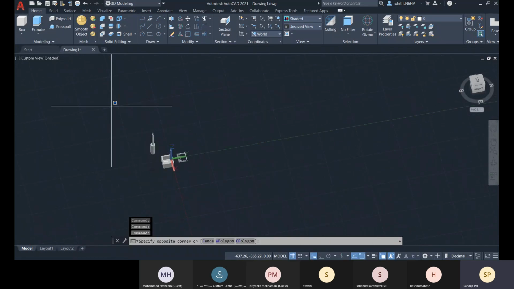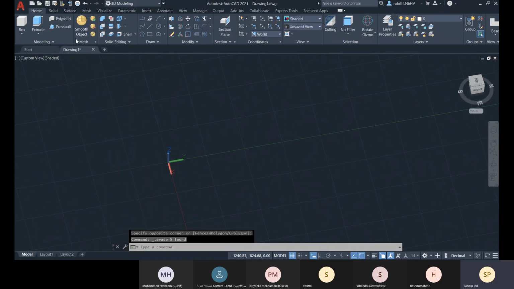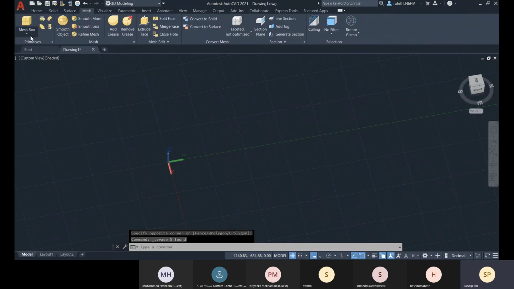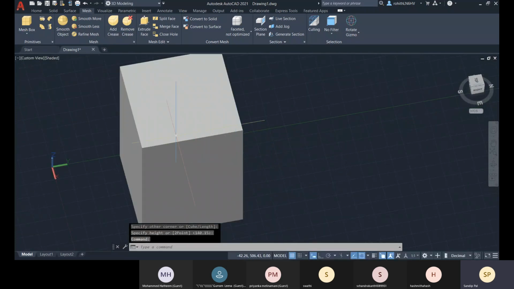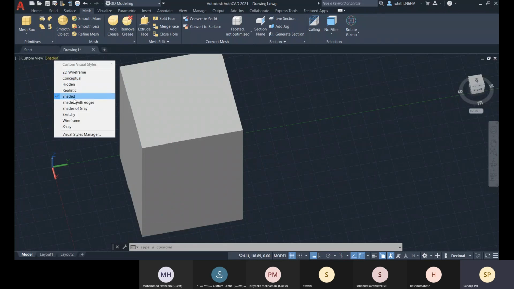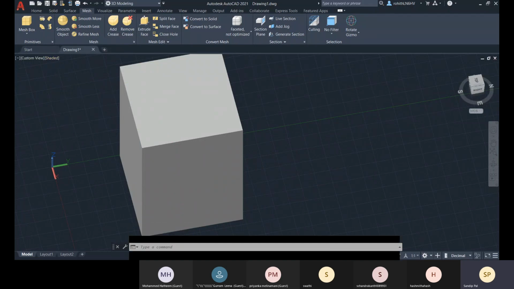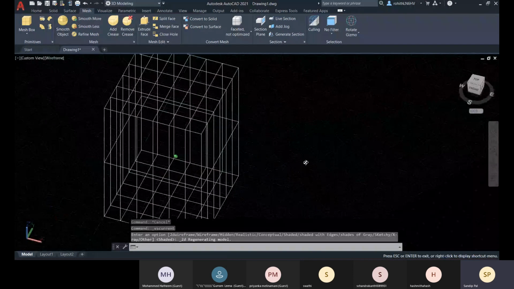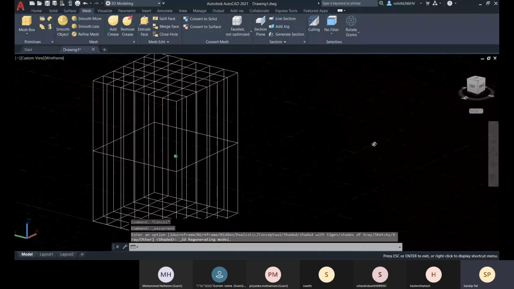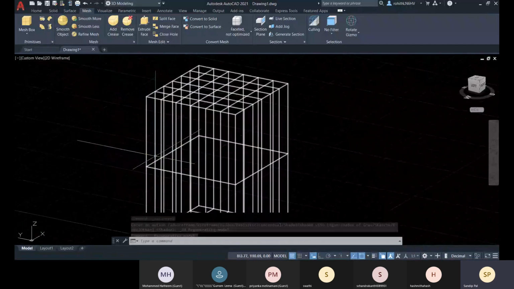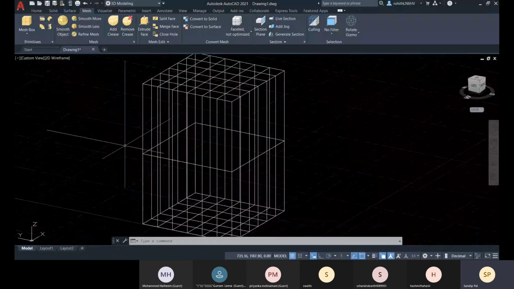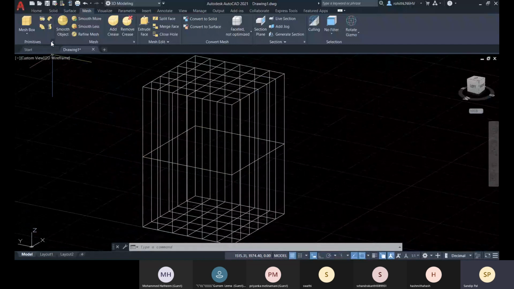Now this is all about your 3D solid. Now let me go for mesh objects. So here you see the mesh box. Let me create a mesh box there, and it looks the same as a 3D solid. But if you see in 2D wireframe or in normal wireframe, there you can see there are more subdivisions for each surface, so we can control the subdivision.